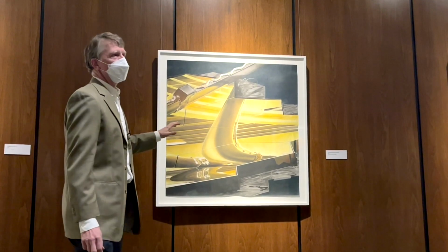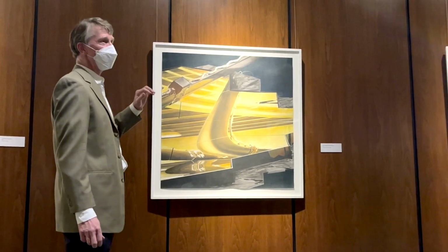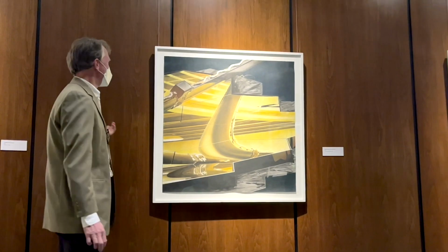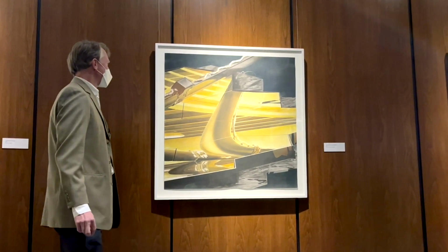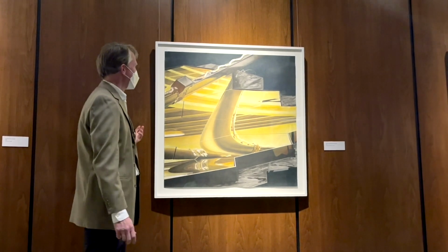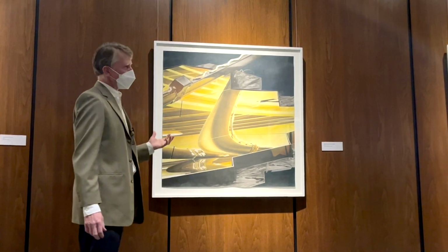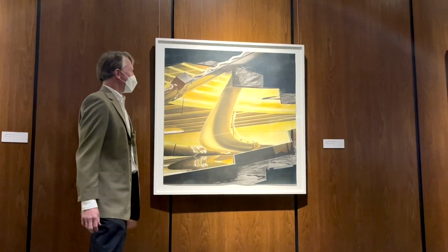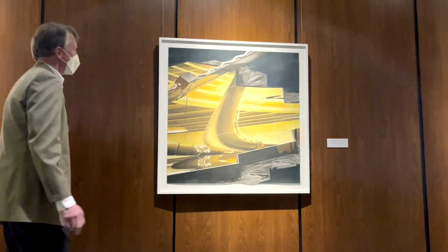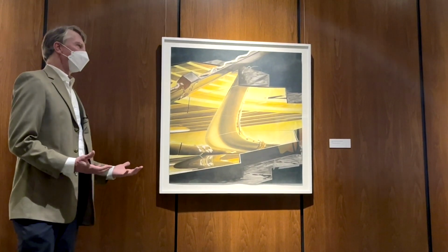That's not what this telescope is for. It's not for imaging nuts and bolts. It's for imaging the infinite. And so it's kind of a contradiction right there. And it's this juxtaposition of the very mundane, the nitty-gritty, the infrastructure, with this incredibly precise tool. And drawing it in charcoal and pastel also is a kind of a contradiction, because those are